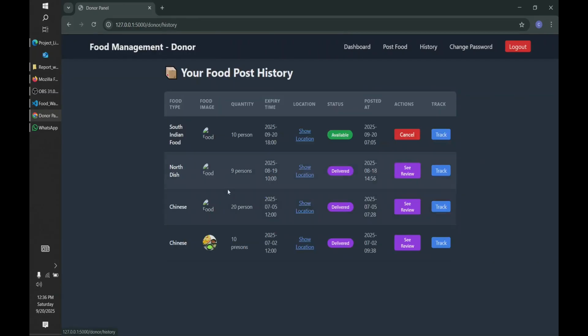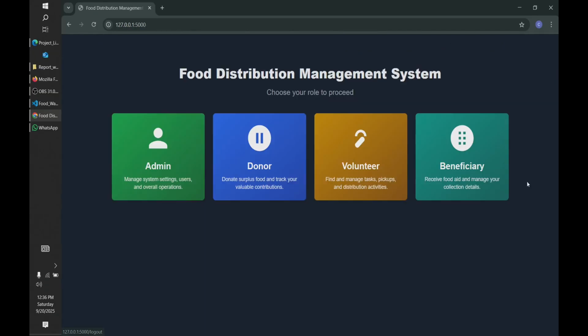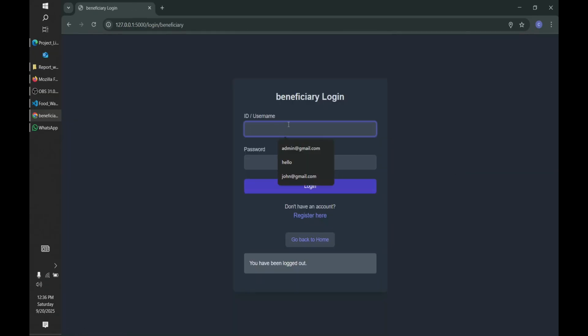Fine. Now since the food has been posted, we are going to request the food from the beneficiary part. So if I come to the beneficiary part,